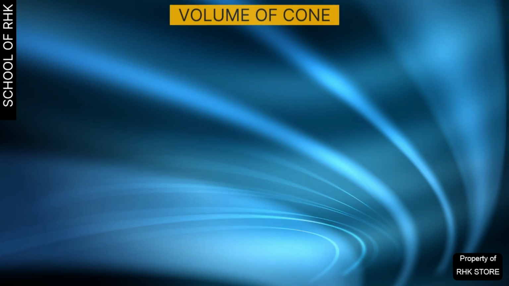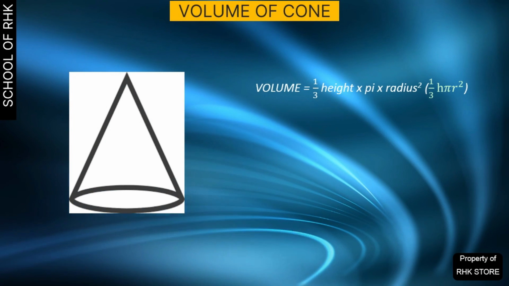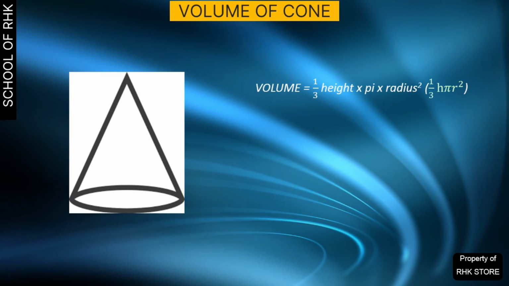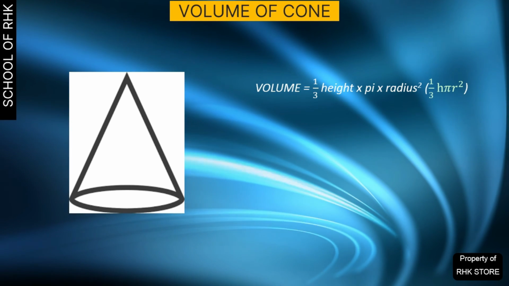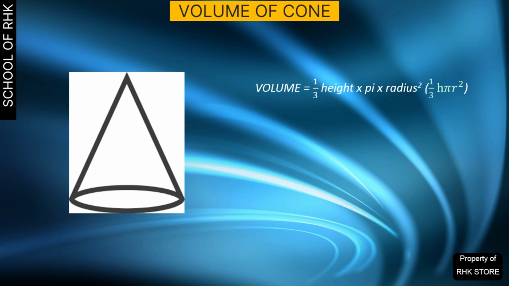The volume of a cone equals 1/3 times height times pi times radius squared. To use our formula to find the volume of a cone, we need to know two properties: the radius of the circle that forms the base of the cone and the height of the cone, which is similar to the height of a triangle. It is the distance from the tipping point of the cone straight down to the center of the circle base. The radius of the base of the cone is 3 meters and its height is 9